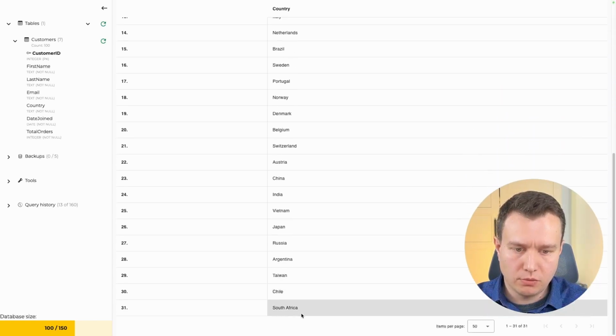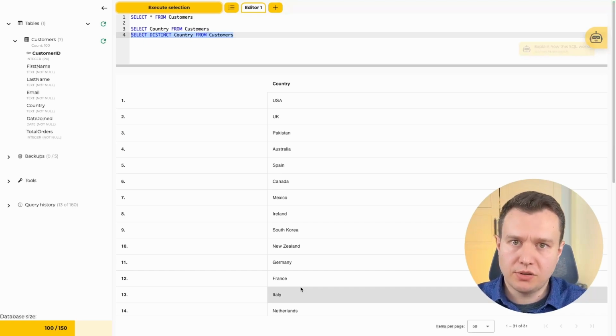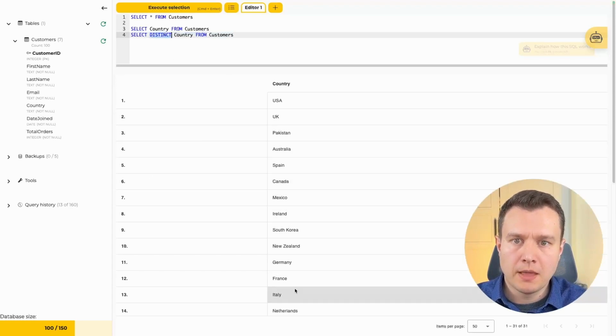This is very useful, especially if we would have much larger data sets, not only 100 rows, because we could imagine that going through each row from a 100 row table is not that difficult, but going through each row when there would be a couple of thousands of rows, it is a much harder task. So that's why we have this distinct syntax available for us, just for purposes like that. Okay, what else can we do with distinct